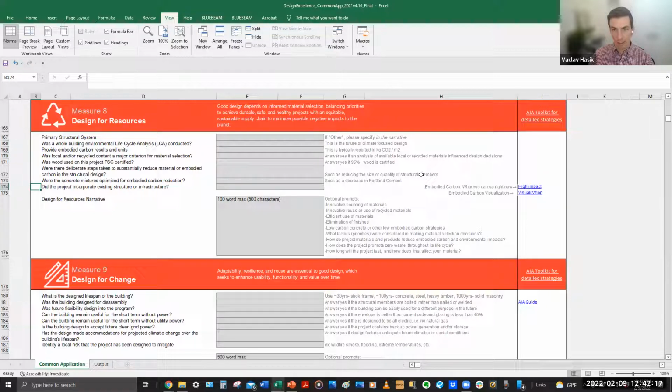Also, the link that says high impact on the right side, I think it's line 174, has a nice article that goes over some of the basic strategies you can take to reduce the carbon footprint related to construction materials. If you haven't addressed this on your current project, you can definitely use that as a guide for future projects.